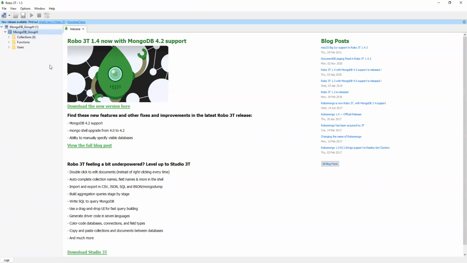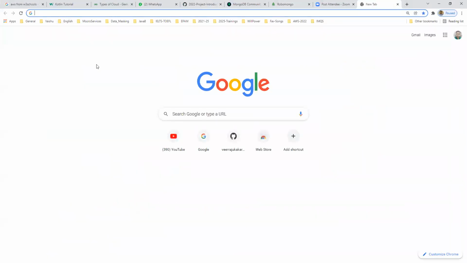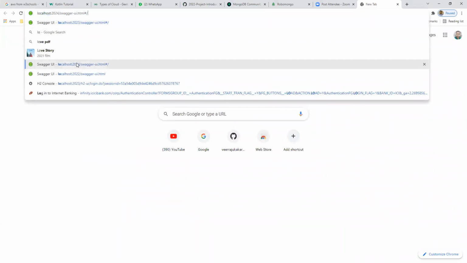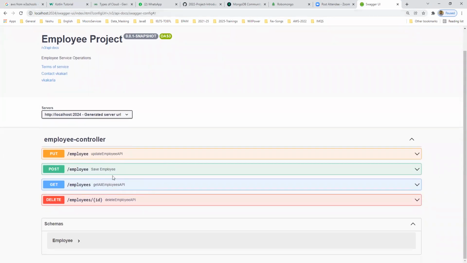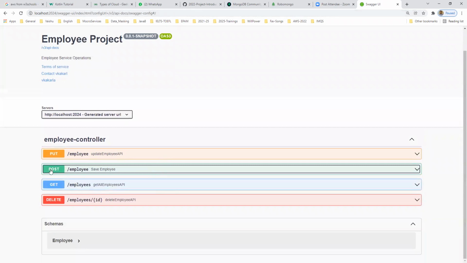That is the reason it is not created, even though we are giving the correct name. So let me check from the application side. Here you can open 2024 is there, right? So employee control and all is there. I'm opening this. So here we have 4 operations, right? Create operation, update operation, get operation and delete operation.